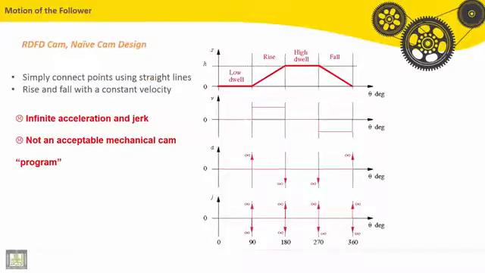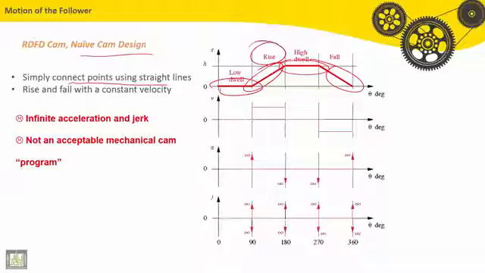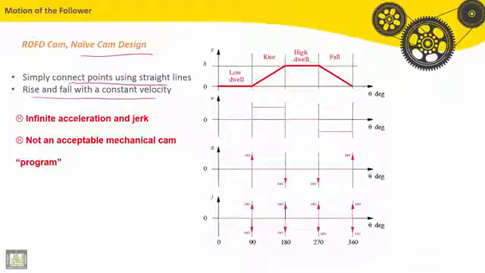The most naive cam design is to simply connect points using a straight line here, especially in rise and fall phases. So rise and fall with a constant velocity here. So if the position is like that, it includes here for velocity